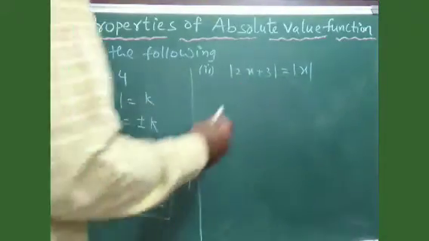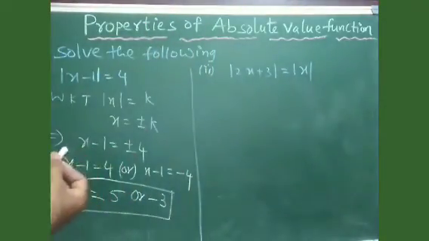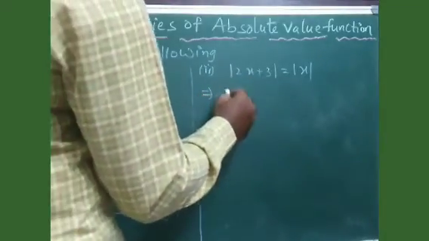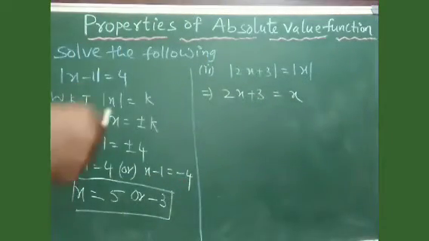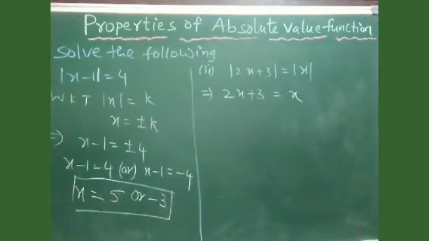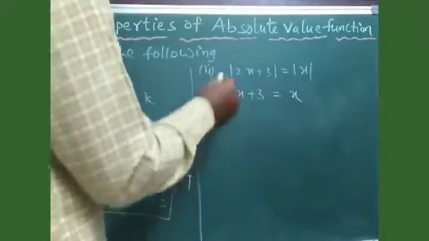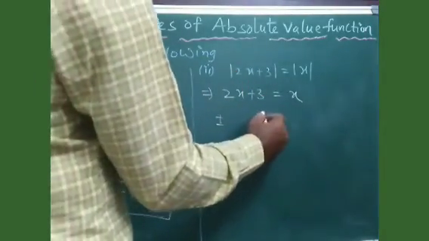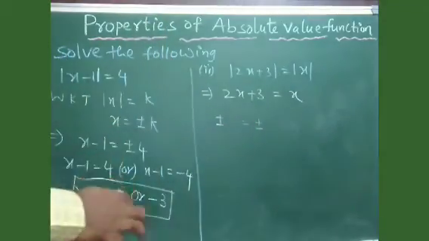And coming to here, modulus of 2x plus 3 is equal to modulus of x. So most of the students may write like this: 2x plus 3 is equal to x, and they may say modulus is cancelled on both sides, or sometimes they may go for squaring on both sides, but both are wrong processes. Actually, just now we discussed, when you take out modulus here, the right side will get plus or minus, the left side will get plus or minus. I mean actually here we are going to get 4 cases.